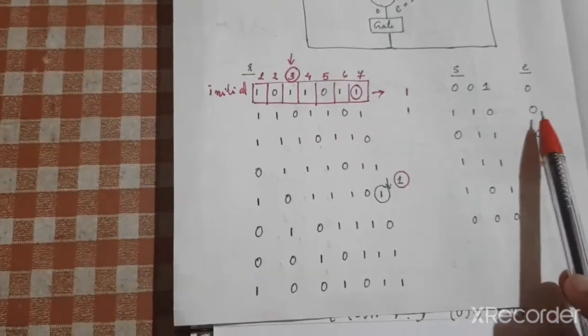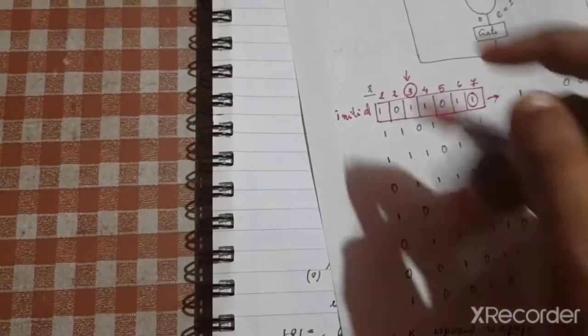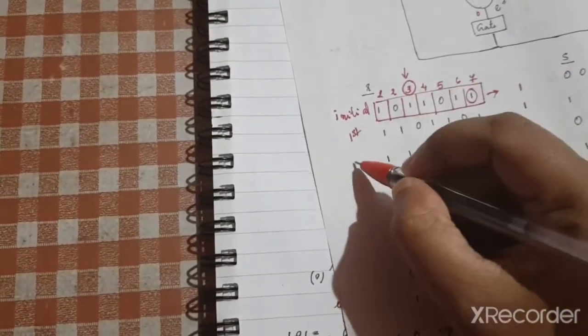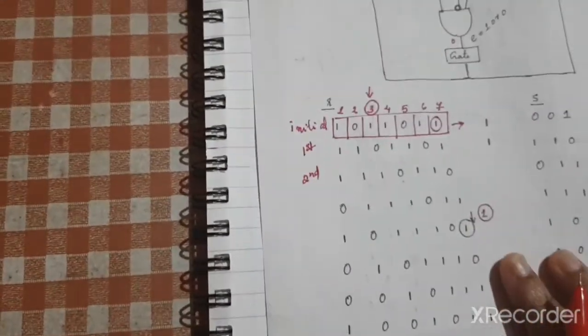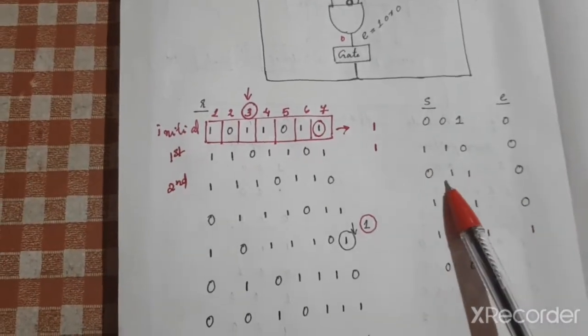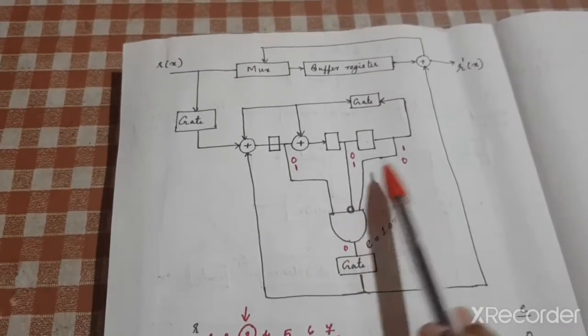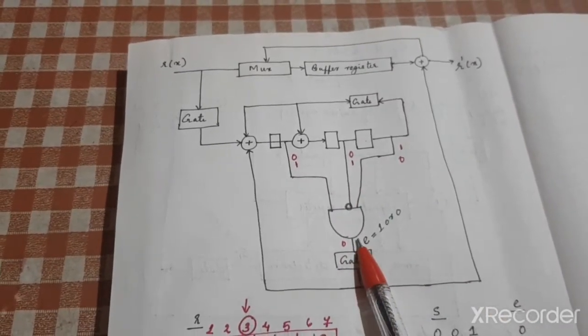Now again, since your error is 0, you are again shifting, right? You're taking the second shift. So this was your first shift, this is your second shift. Now with the second shift you are again computing the syndrome and you're getting a value 0 1 1, and you can see with 0 1 1 again here your error pattern E is 0.